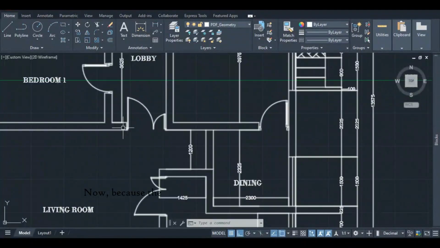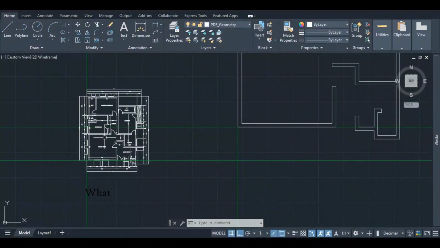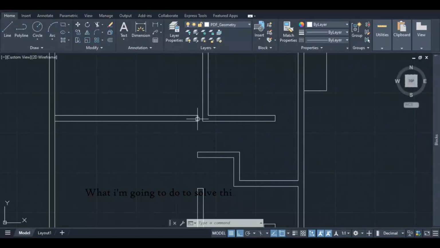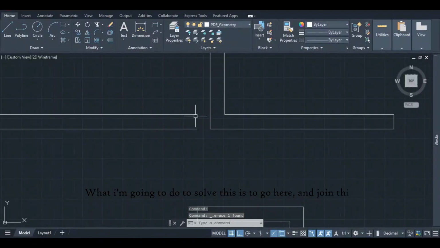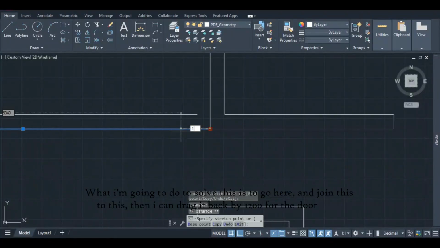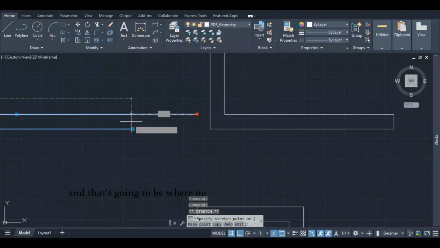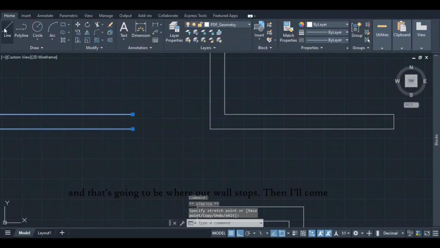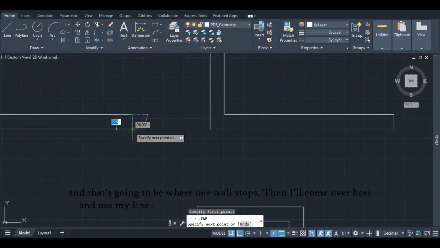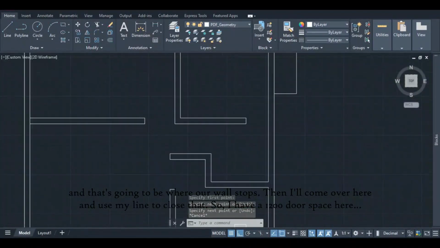Now, because there is a wall here that ends here, and this door is the same size as the entrance door, and it's 1200, what I'm going to do to solve this is to go here and join this to this, then I can drag it back by 1200 for the door space, and that's going to be where our wall stops. Then I'll come over here and use my line to close that. So I have a 1200 door space here,